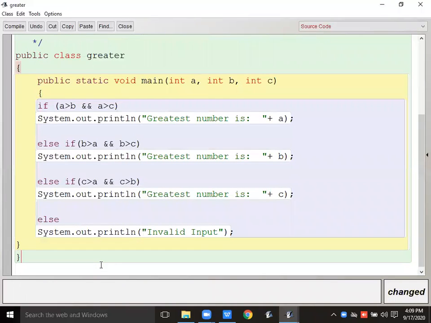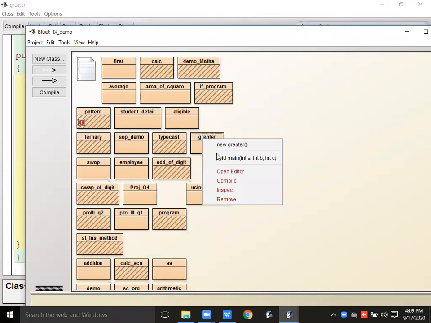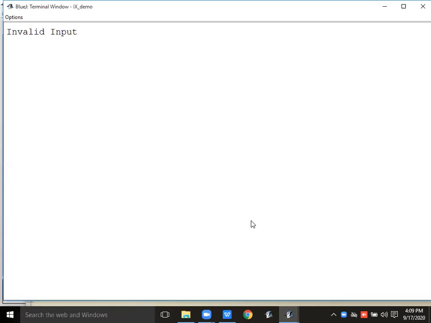See that. Okay. Compile, execute. Again, I'm going to give 10, 10, 8. Invalid input, because two numbers are equal, no?